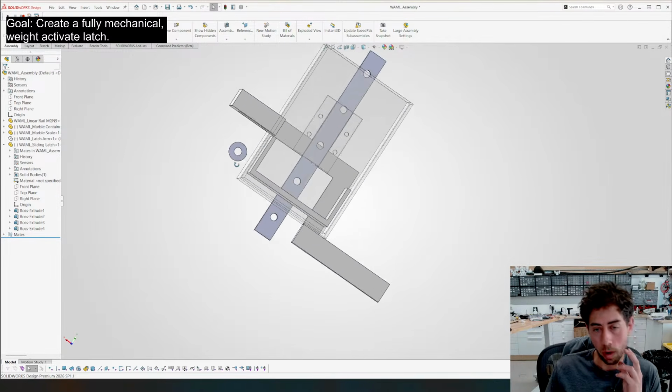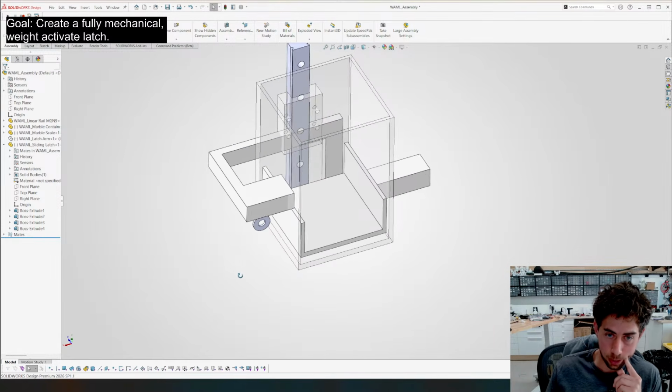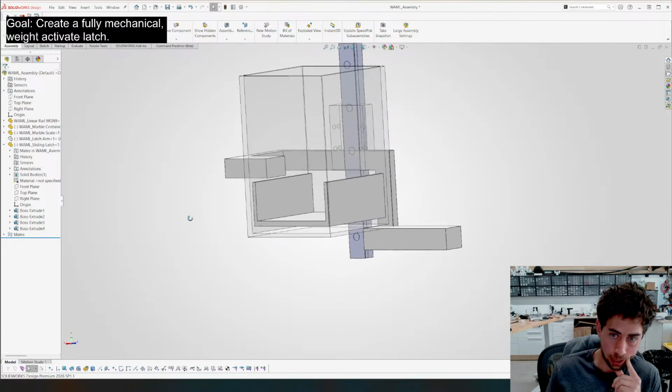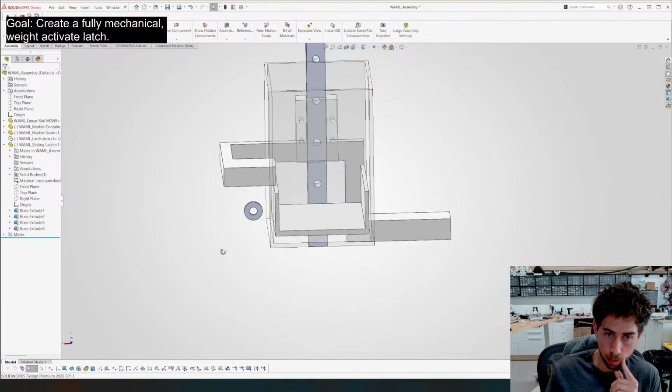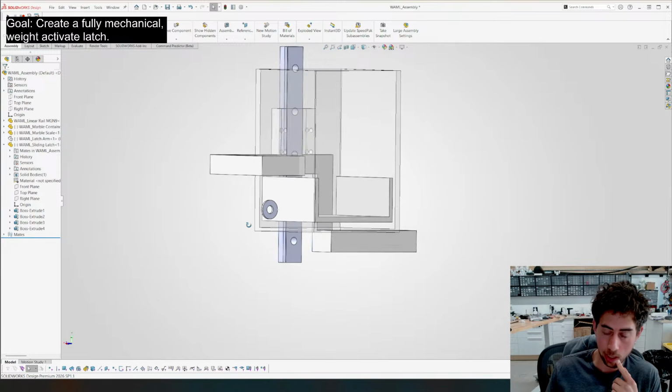Okay, so one thing that we got to think about is the way that this is currently set up is not going to be great for sliding. Maybe we want this whole latch thing to be